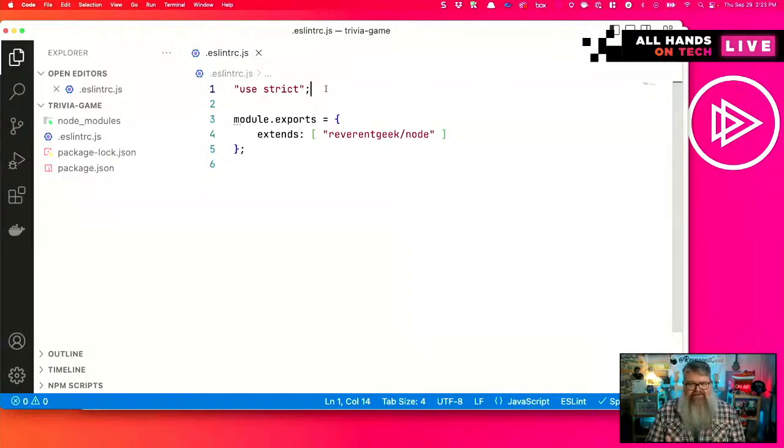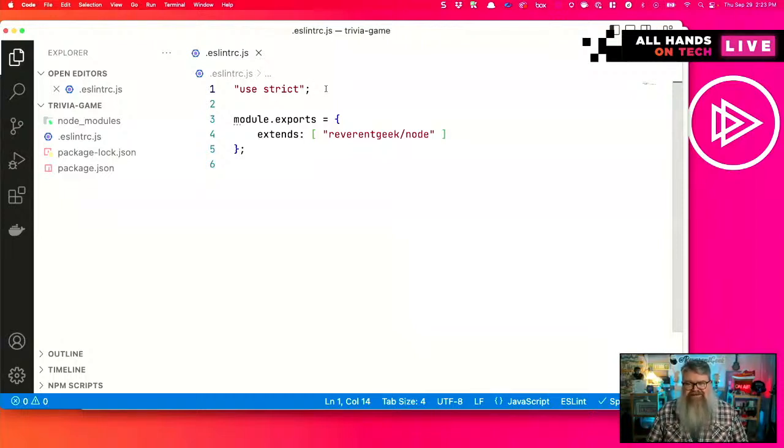And by default, in the older versions of Node and the CommonJS module system, strict mode is not turned on by default. Now, I don't remember off the top of my head all the reasons why you want to have strict mode enabled, but I've done the research enough times that it's a good thing.